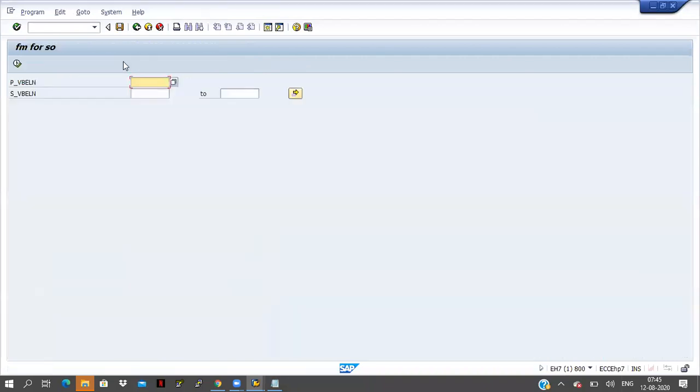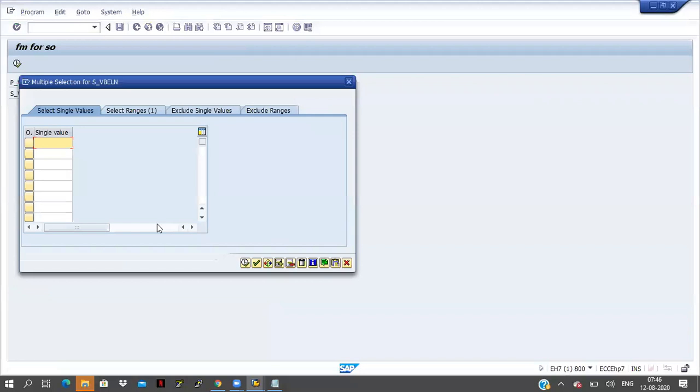Let's come back. I am executing it once again on the function. Select s_VBELN. I am passing 4969 and 4975. I am fetching the data from 4969 to 4975, and if I want to fetch some more extra fields information, then we have to click on this button.